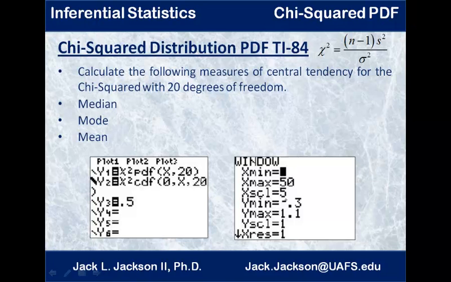It's behind that rectangle there. It's 0. If you go about 2.5 times the degrees of freedom, that's a good upper limit. And 2.5 times 20 is 50, so that's pretty good. Not a hard and fast rule there, just something close. And if I'm going to go from 0 to 50, I'll mark it off in 5s. And here's sort of my standard window that I like to use for